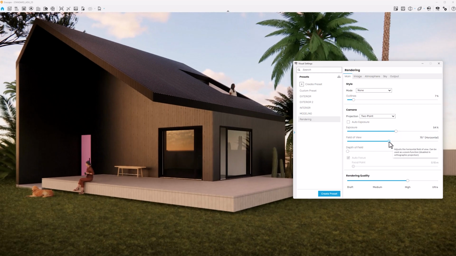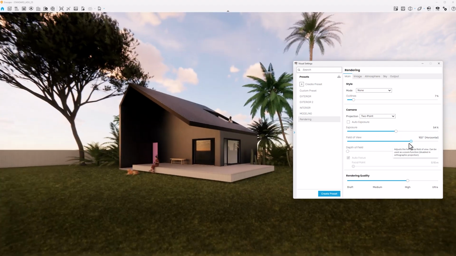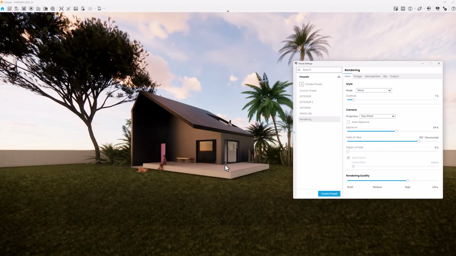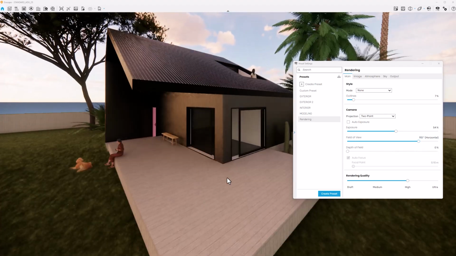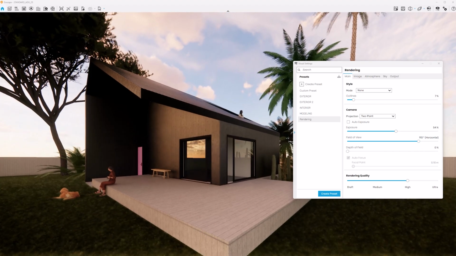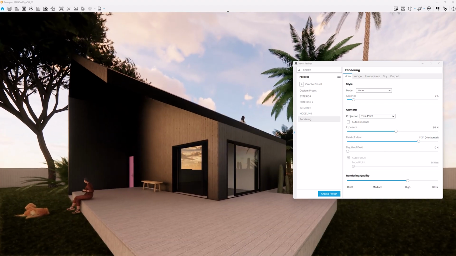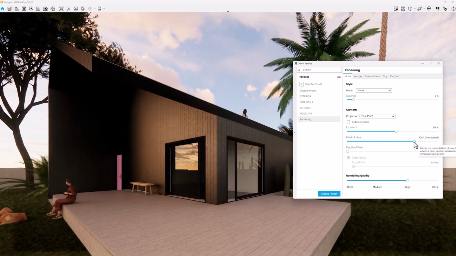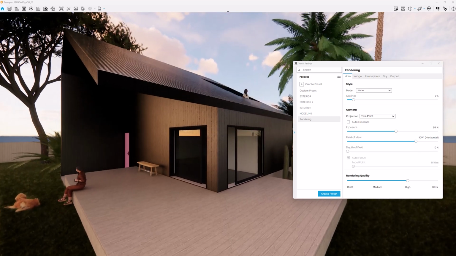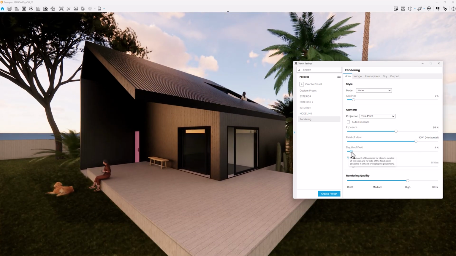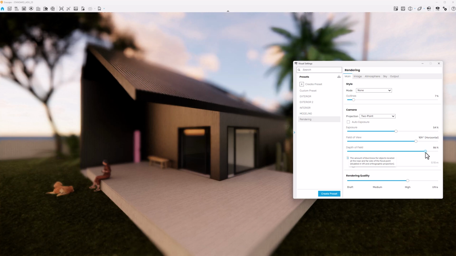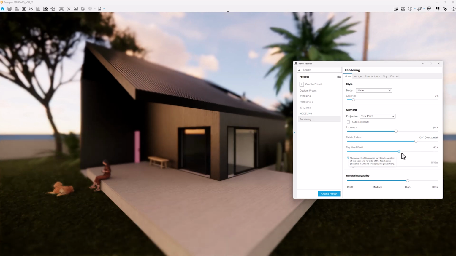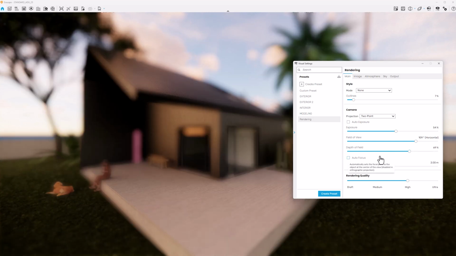Field of view. This is your camera lens. I like to set it to a wide angle. Don't be afraid to be more creative in your view. I like to set up my rendering views similar to how I photograph architecture, which I use a wide angle lens. Depth of field is the range of distance in front of and behind a lens focal point that appears